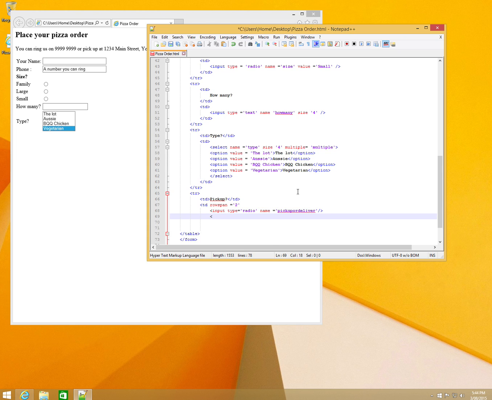I'm going to do a BR. Oh, I made a mistake there. Make sure I close that tag up. And we'll do that tag again. Radio pickup or deliver. Okay. Close that one. Like so. And on the next row,